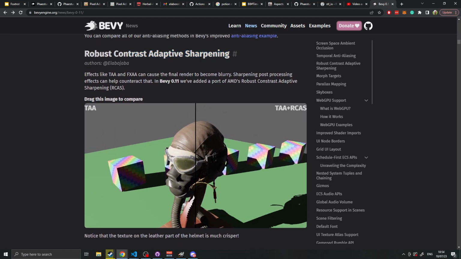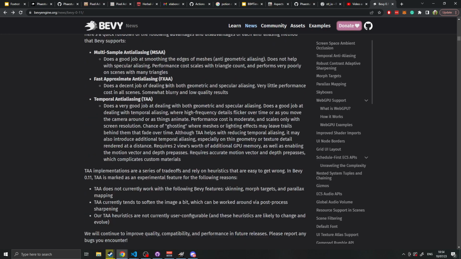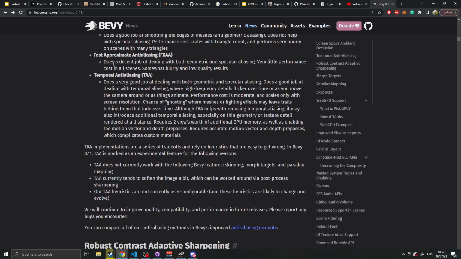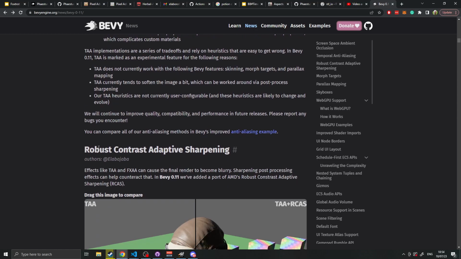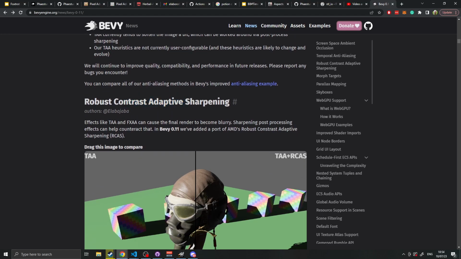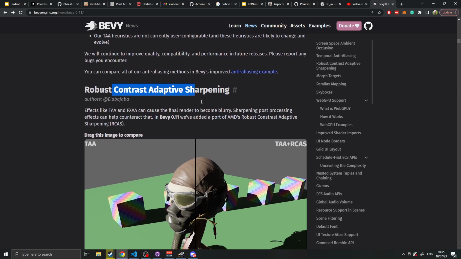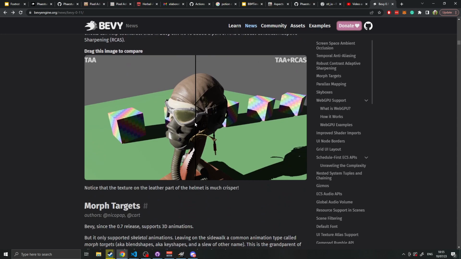They talk about the sharpening, because multi-sampling actually samples an edge multiple times, which means you'll keep sharp edges, whereas the approximate one sort of smudges edges, and the temporal one will smudge edges if they wibble wobble. So they've added a sharpening pass that you can do that will sharpen the edges, which for me is a little bit weird because you can barely tell on any of the